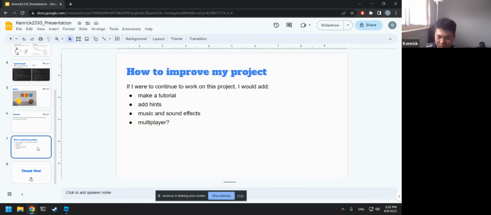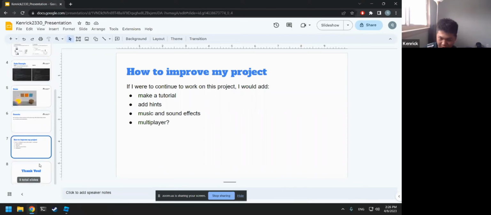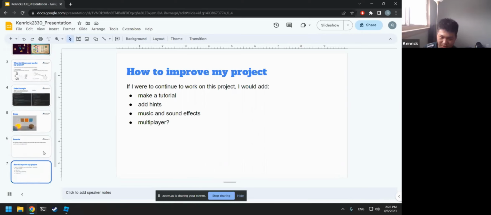So if I were to continue on this project, I would first make a tutorial so players would know first off what to do when they first join the game. And I would also add hints so that if players get stuck, they would be able to get unstuck, and they will be able to progress in the game. And I would also add music and sound effects so that the game is more immersive, and I might add multiplayer so that more than one person can play with each other